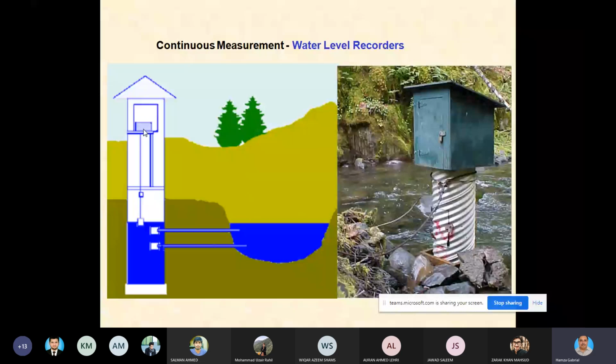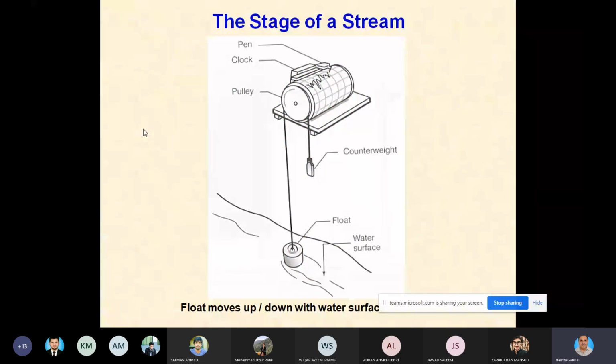तो दिस इज द वाटर लेवल रिकॉर्डर. ये हमने डिटेल में पहले भी डिस्कस किया. फ्लोट है, काउंटर वेट है, पुली है, और एक ग्राफ पेपर है जिसके ऊपर ये जो मूवमेंट है फ्लोट की वो सारी रिकॉर्ड होगी।